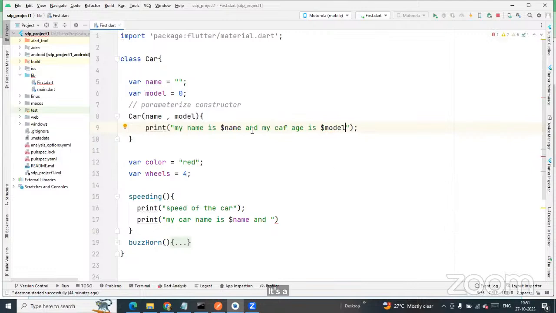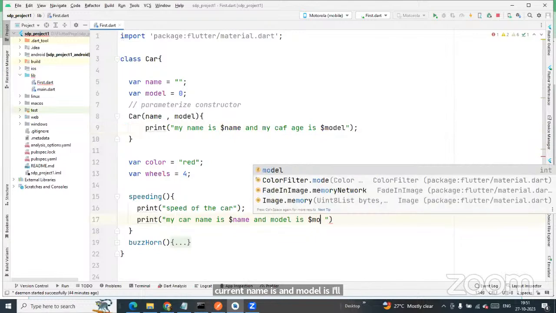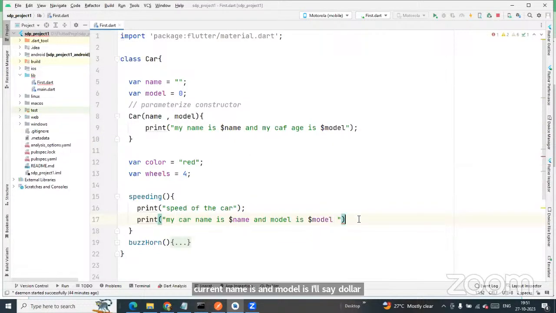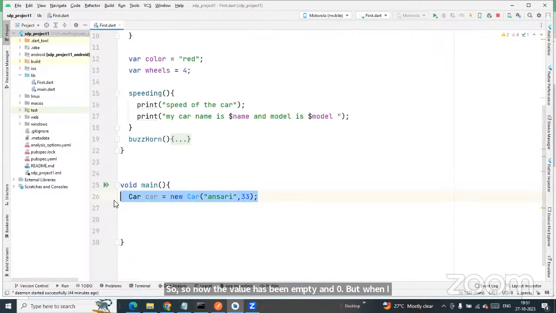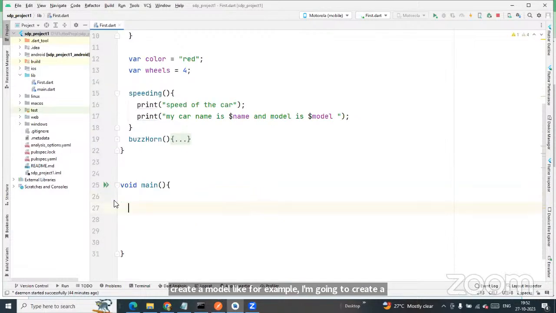Okay guys, I'm going to do something here. I'm giving a model here. My car name is, and the model is, I'll say $model. So now the value is empty, or 0, but when I create a model, for example, I'm going to create a var, I'll say Mercedes